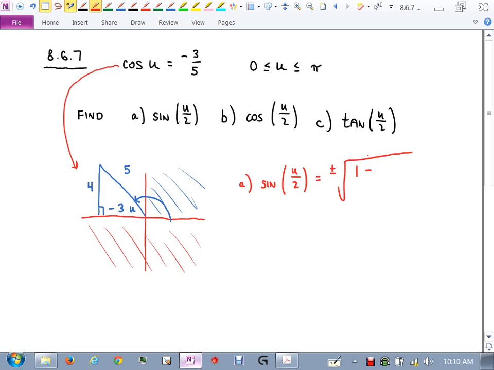We actually had that in the problem. Negative 3/5. So minus a negative. Be very careful with that. It's minus a negative, all over 2,